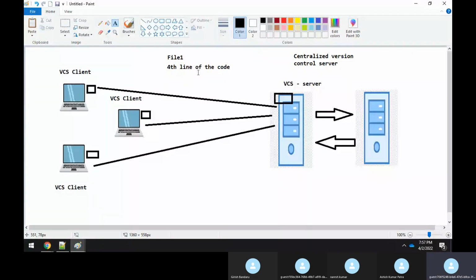Nobody knows, right? So this user might be editing the same file 1 from the fourth line of code. Even this user also might be changing the fourth line of the code, right? Even this user also might be editing the same file at some other line of code. We don't know. Each and every developer might be working on the same file or on a different file or on the same line of code in the same file. We never know, and they're not bothered to ask each other in which line of code you are editing,